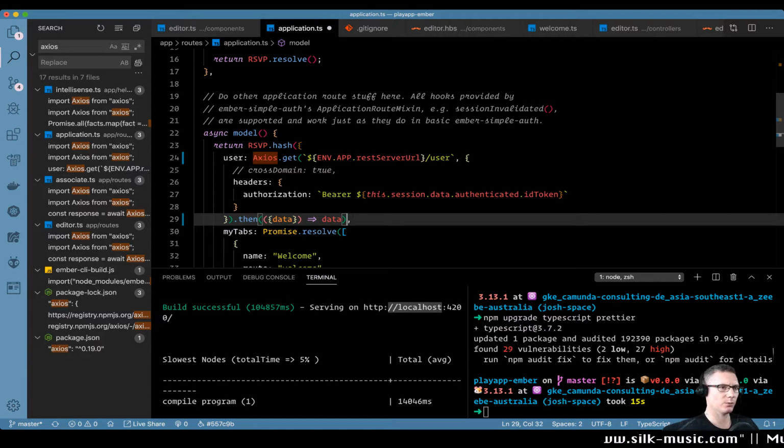And then in the case where it throws, like we can't access the network,